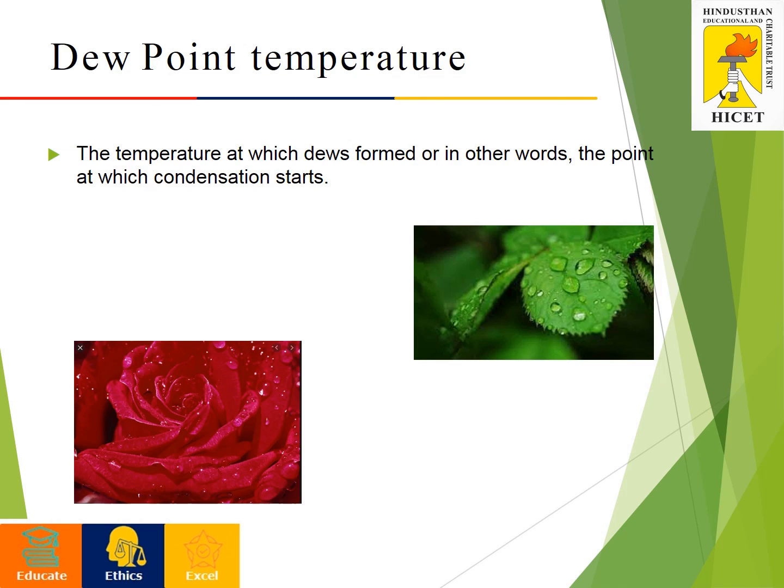So what is a dew point temperature? If you are living in a very humid area, you can notice that if you wake up on most summer mornings, you find the grass wet. It did not rain the night before, but why are the dews formed, how are the drops formed? The excess moisture in the air simply condenses on the cooled surface, forming dew. The temperature at which this dew is formed is called the dew point temperature.